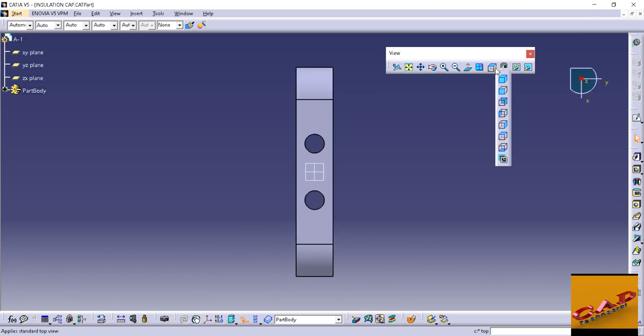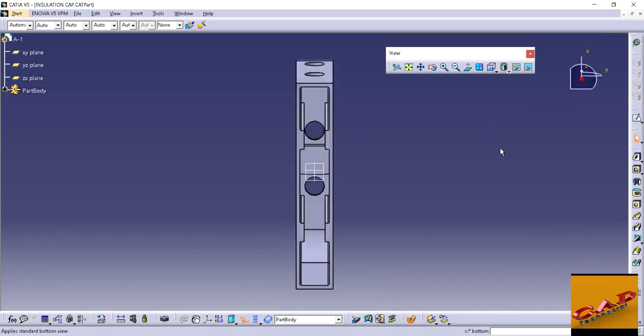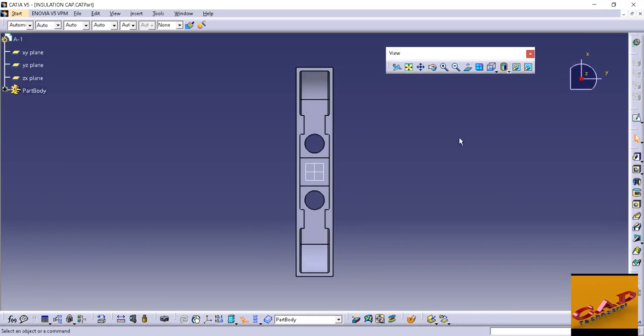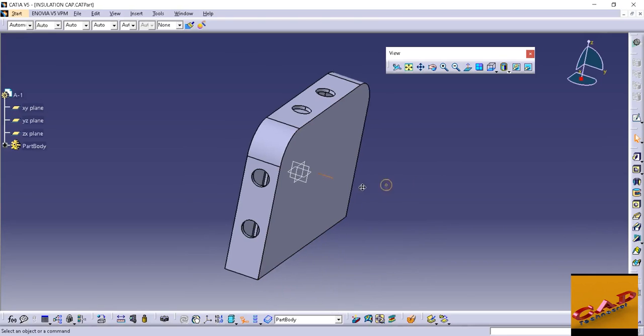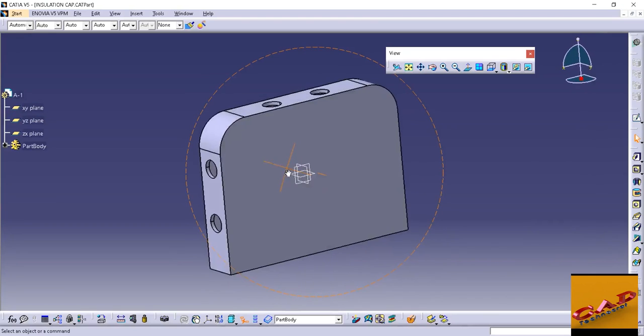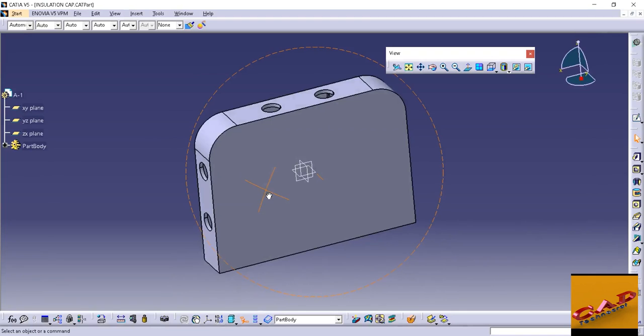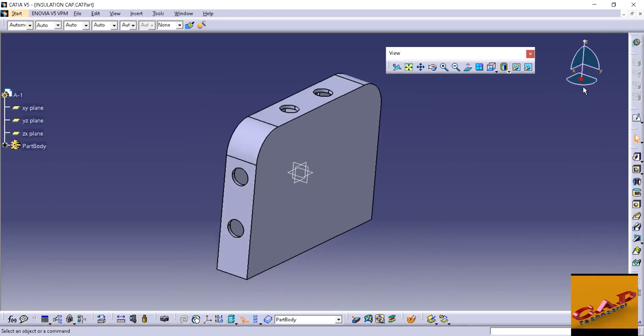And the last one is bottom view, so it will show the bottom of your part. So you can see when I drag this job, this is also moving.